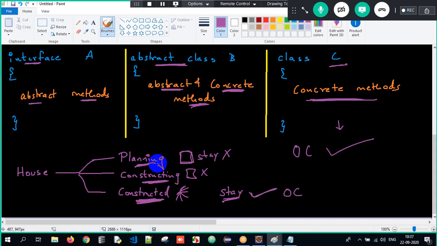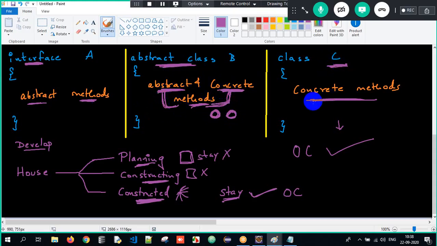Got it? So similarly, once you develop any project, once the client comes to you and explains the requirement, you will first jump into the interface layer, wherein you know what to be done. Only abstract methods. You know what all to be done, but you have no idea how to be done yet. As a developer, you are just planning. You have not yet decided how to do it. Later is the abstract layer, the abstract class, wherein you know the implementation for a few functionalities, and a few functionalities you have not yet implemented. Half methods you have successfully developed, half methods you have not developed yet.